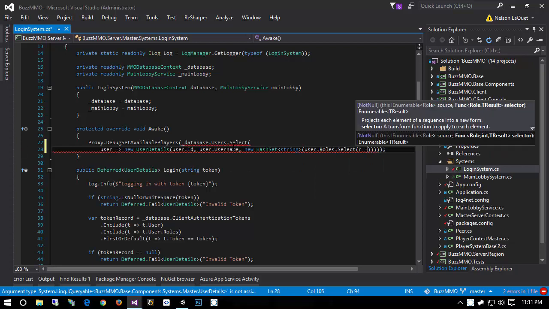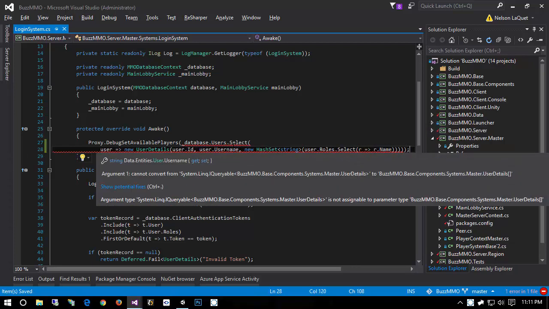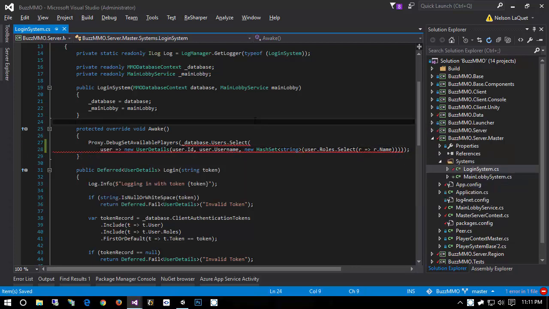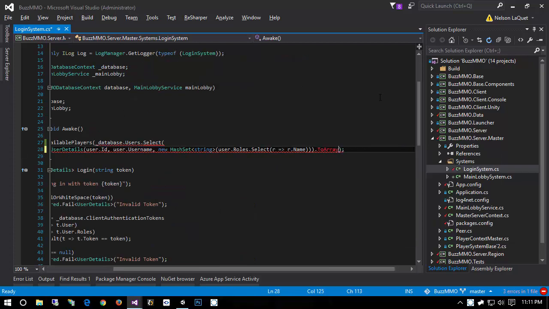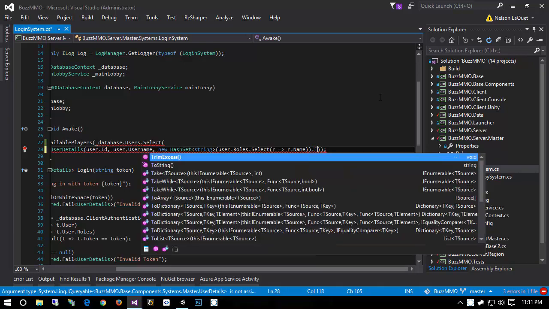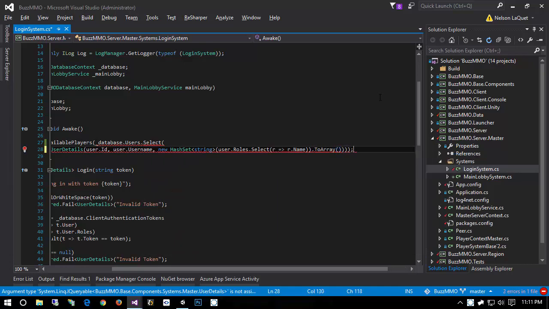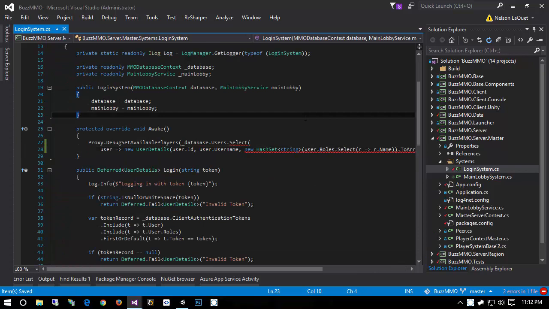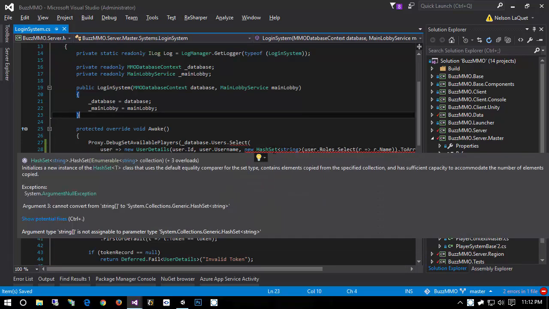User.roles.select, role goes into role.name. So that'll actually pass in all of the users, and of course I do have to convert this into, I believe it's an array that I'm after, and it is, so .toArray. Which requires me to bring in, no it doesn't, because I am doing this on the wrong thing. ToArray, there we go. Okay, so all those errors should go away, and it doesn't, because our hash